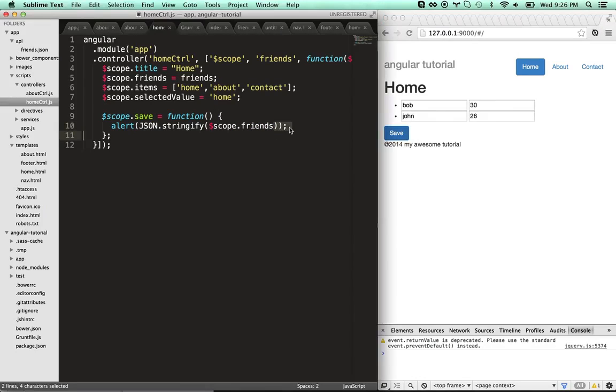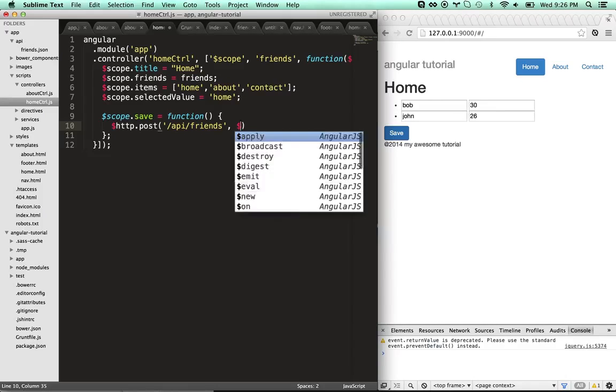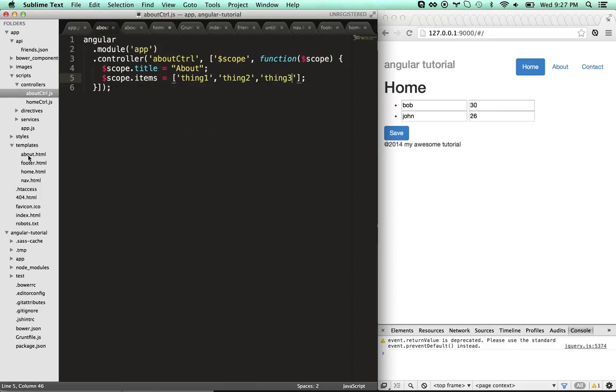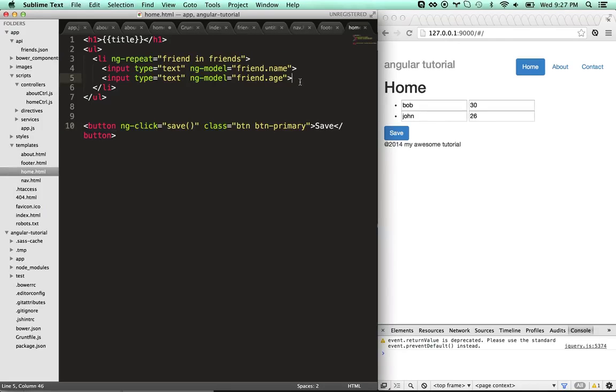So I can also do a HTTP, same thing. Post friends, and I can just put in scope.friends. Or actually I can just do friends. There you go. That's going to post that data straight back up, and now I have a real-time editor for my friends list. If I wanted to make a button on each one that deleted it,